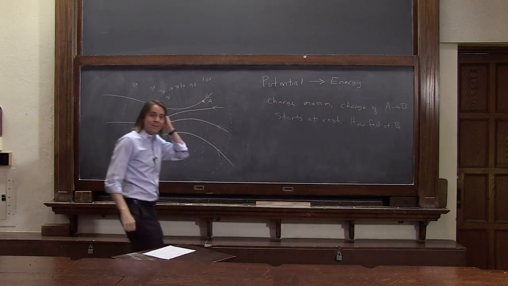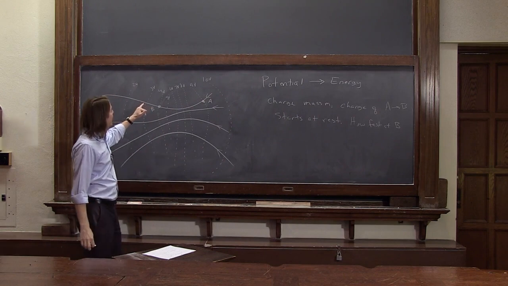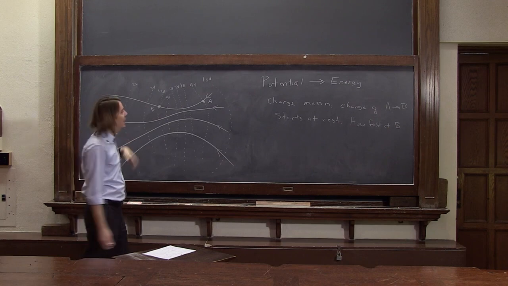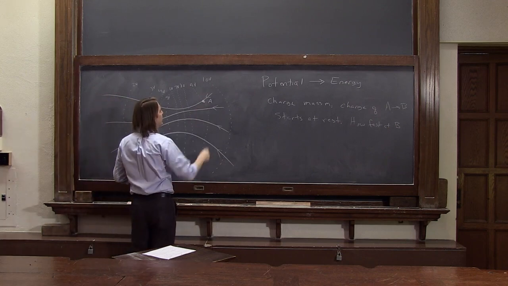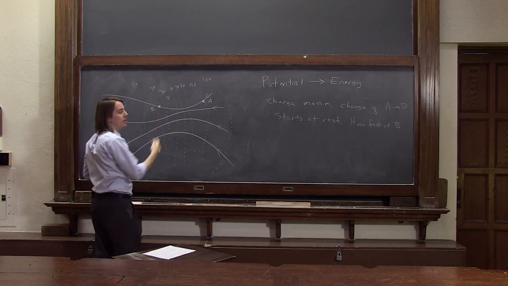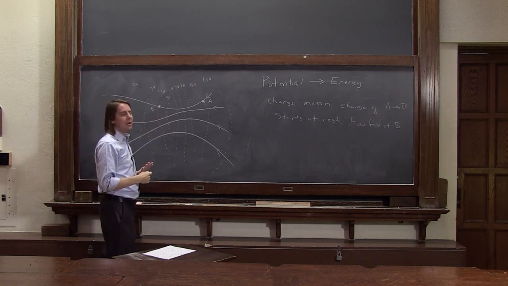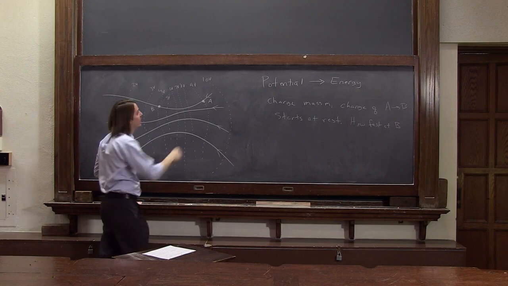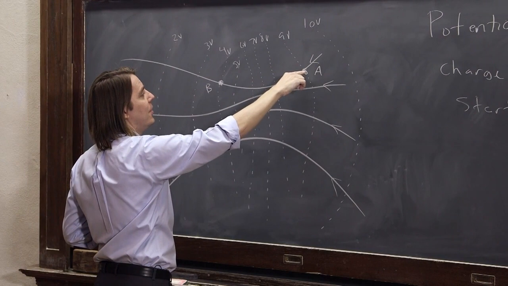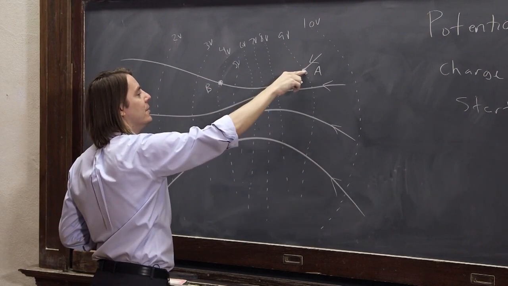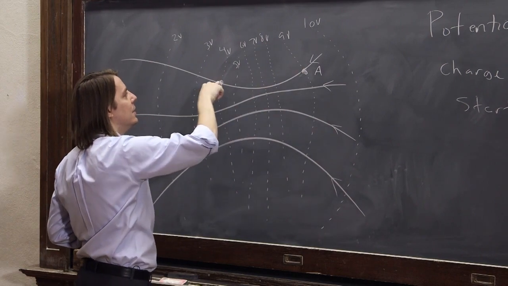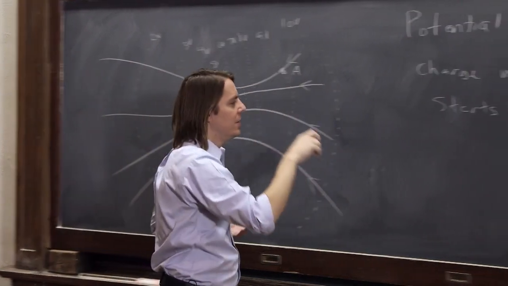So what you have to remember is that these are literally potentials. And if you take a potential and you multiply it by charge, you have potential energy. So if this thing is sitting here at rest and it's released and it flies along a field line and ends up at B, you actually know how much energy it picked up because you know how much potential energy it lost. If it's a positive charge, it's definitely going to fly along the field line. So it's going to go this way, and its potential energy is going to go down from 9 down to 4. So delta U